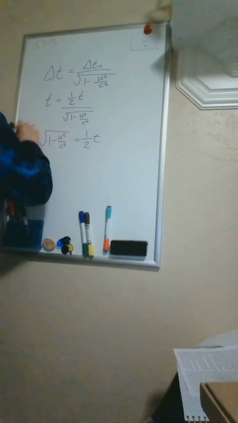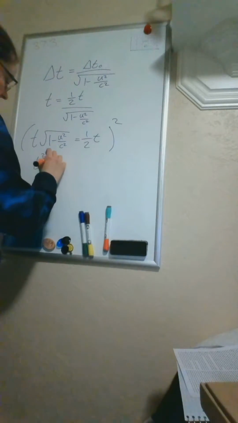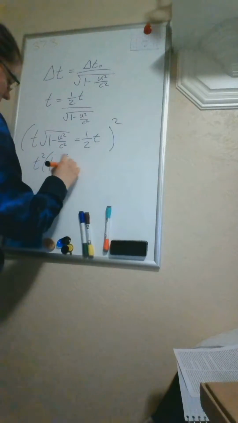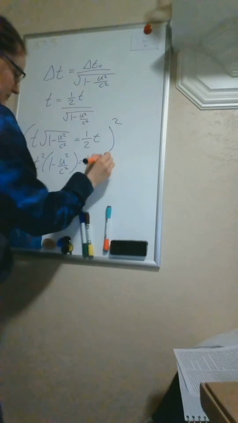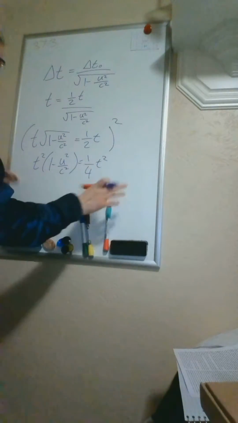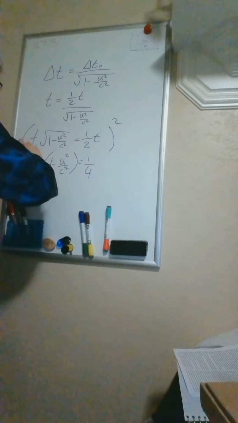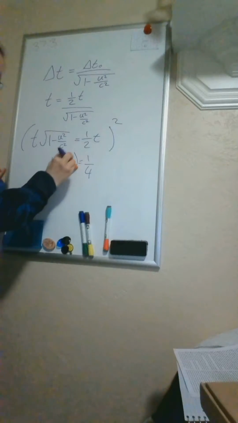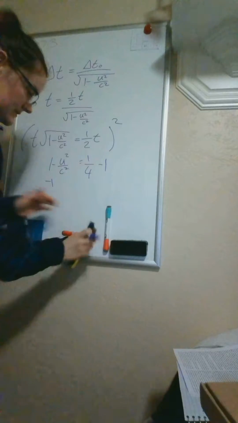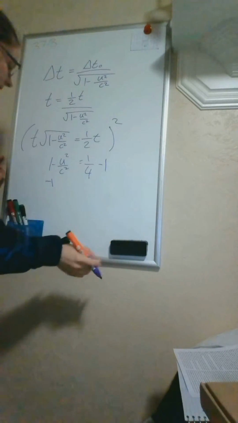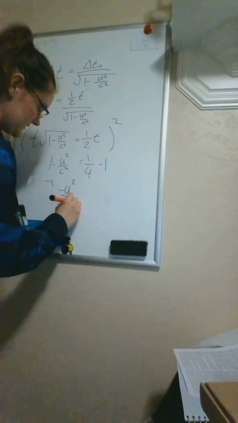So we're just going to square pretty much the entire thing. So this becomes t squared, all multiplied by 1 minus u squared over c squared, equal to 1/4 t squared. If we divide by t squared, it just gets eliminated on both sides. Then we can take this out of the parentheses, and let's go ahead and subtract 1 on both sides. Okay, that leaves us with negative u squared over c squared equal to